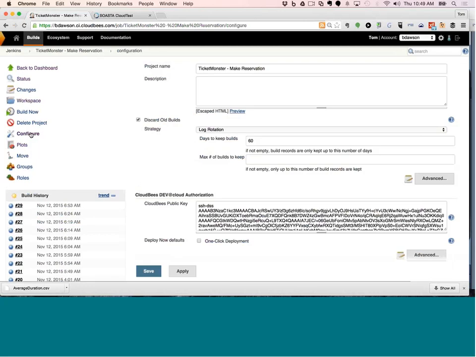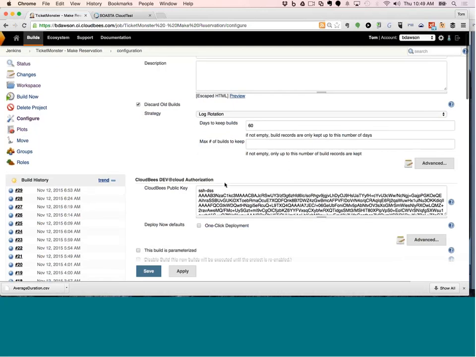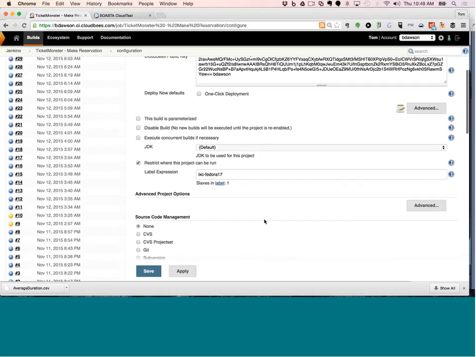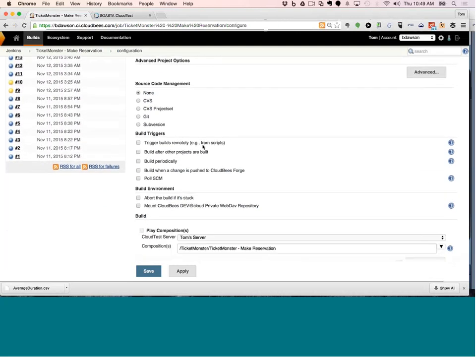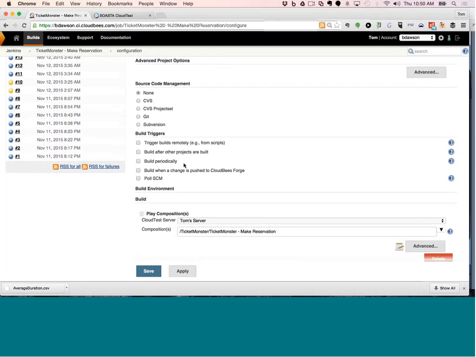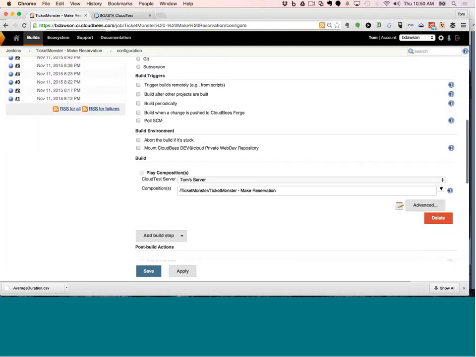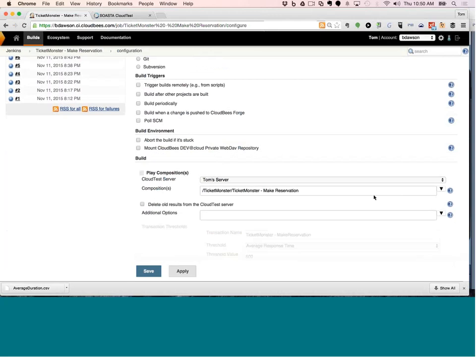This is a job that could be triggered by a build, or it could be triggered just to run over time. This build could have different options like grab the source code for it before we build it, trigger when either an external script is run, trigger it when something else is built, or just build it periodically. Maybe we want to do load testing on a regular basis on a schedule. And then for actually executing the test, we can use the SOASTA plugin for Jenkins, which lets us pick a server to run the test and pick the composition, the test script to be run, and get some results back.